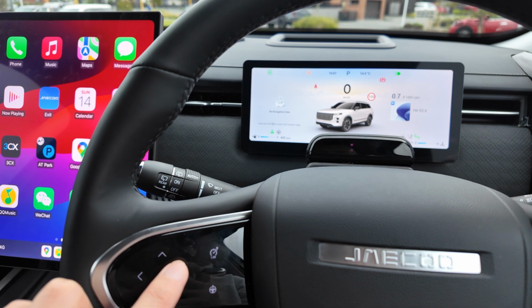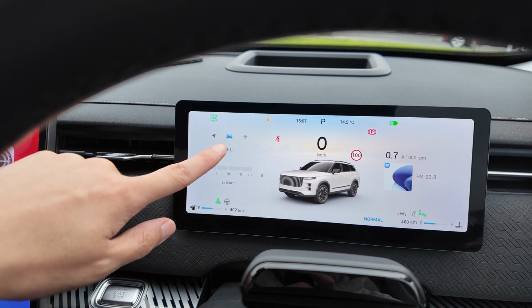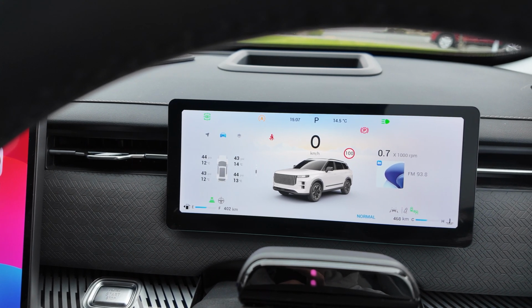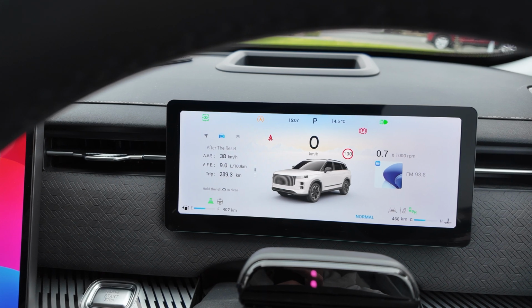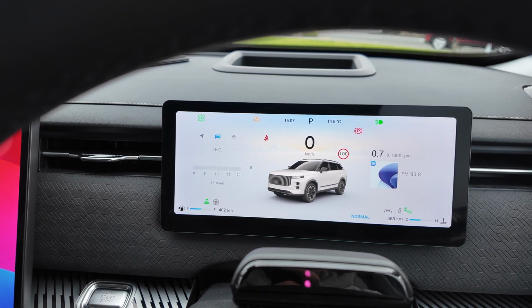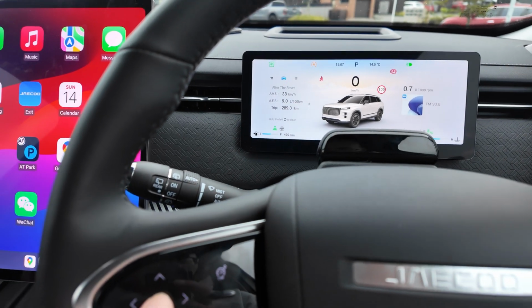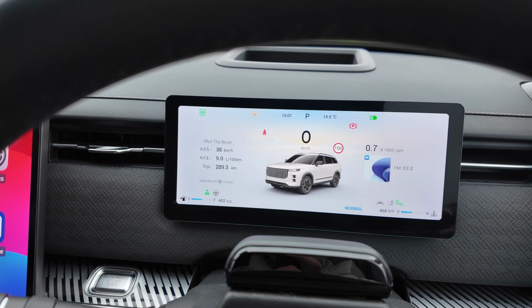So we want to click again. We want to go right. So first thing, that's the vehicle information menu. So under the vehicle information menu, we can go up to check your tire pressure warning system. So tire pressure okay. And we can see the after reset, what's the average consumption. We can see the after start, what's the consumption. Under the after reset or after start, you can also clear this. So to clear, push and hold, you can clear the fuel consumption information page